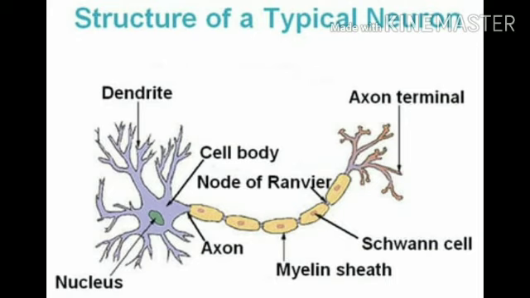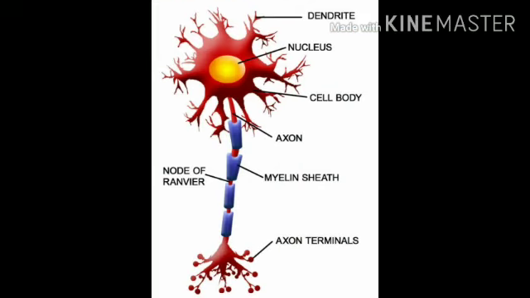Each branch terminates as a bulb-like structure called a synaptic knob, which possesses synaptic vesicles containing chemicals called neurotransmitters. These chemicals are basically hormones. The axons transmit nerve impulses away from the cell body to a synapse or to a neuromuscular junction, based on the number of axons and dendrites.